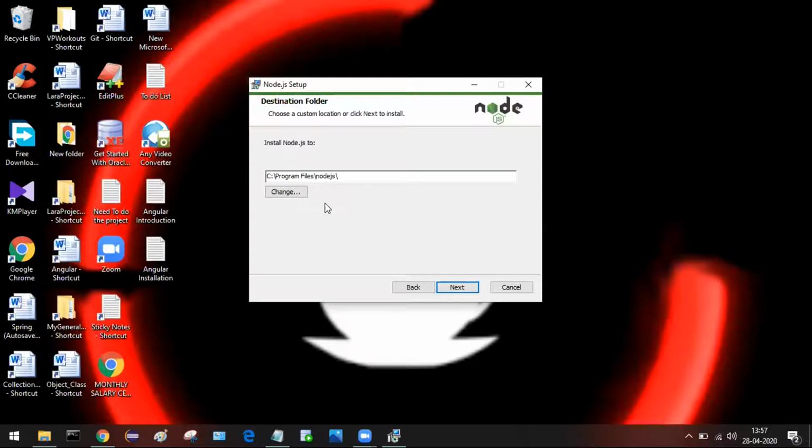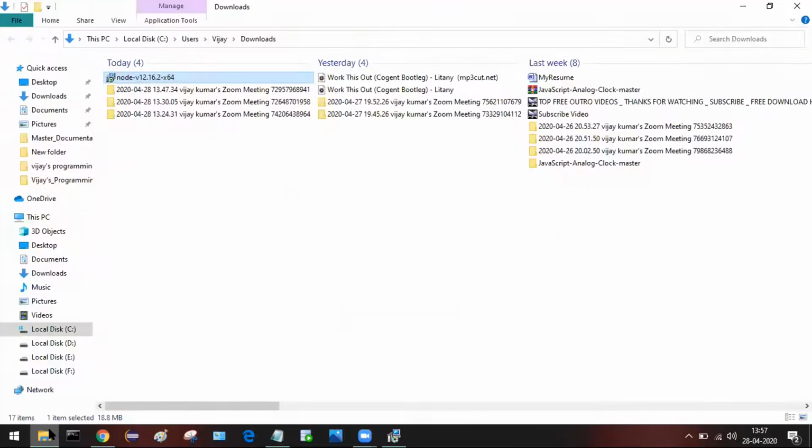I'm not going to install it in the default directory that is suggested by the Node installation. Instead, I'm going to install it in a different drive other than C. Why? Because in C drive there are a lot of OS files.